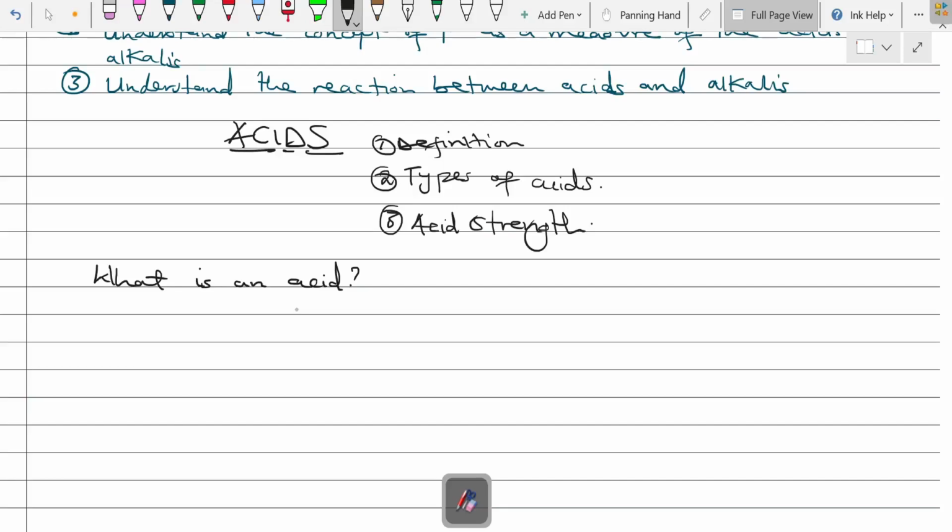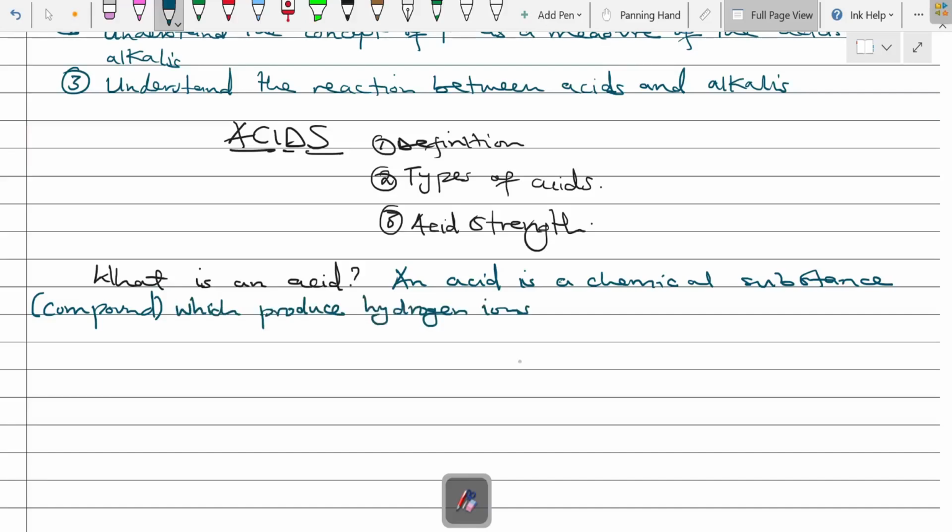So we can answer this: an acid is a chemical substance (in bracket, if you don't call it a chemical substance, it's a compound). So we are saying that an acid is a chemical substance which produces